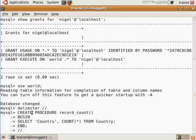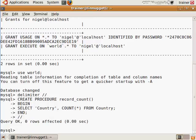You'll notice that I'm leaving the defaults here for the definer clause as well as SQL security clause. That is to say, my definer clause is going to be root, and my SQL security clause is going to be definer. The defaults are perfectly fine in this case because I want the procedure to run in my security context. That is to say, the root security context. All right, now before I go any further, of course, I have to make sure that I set the delimiter